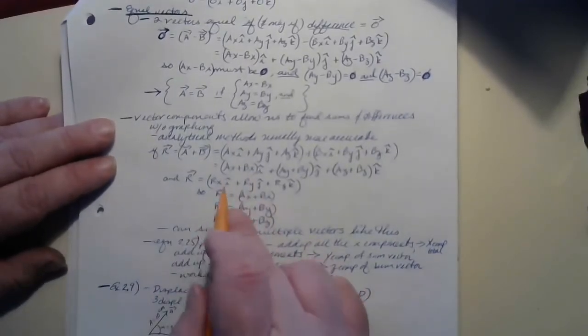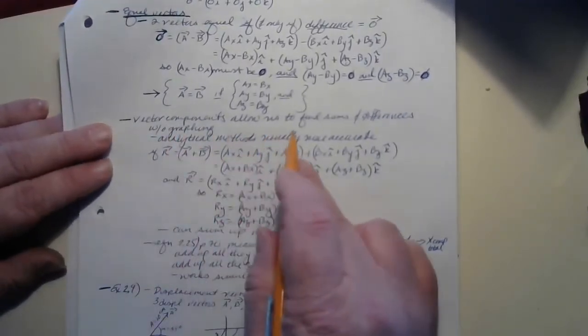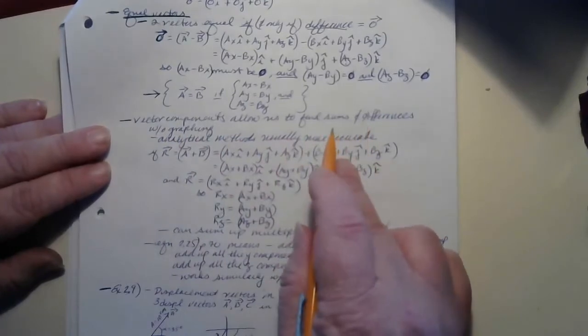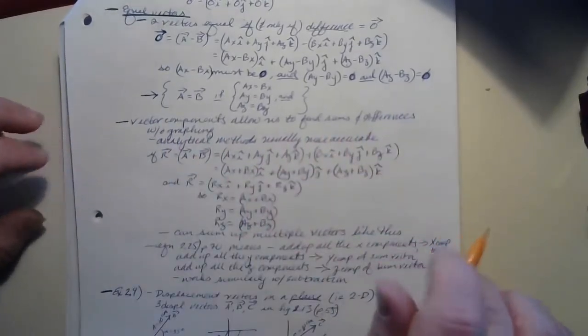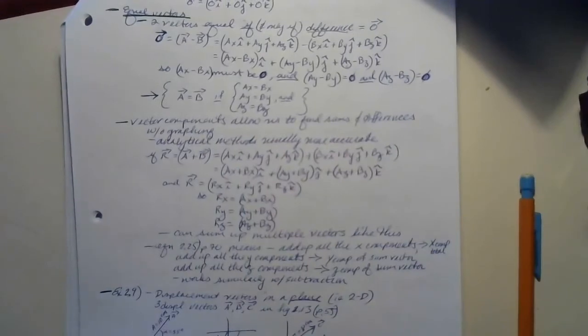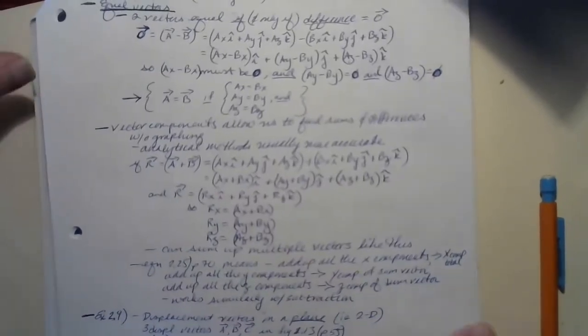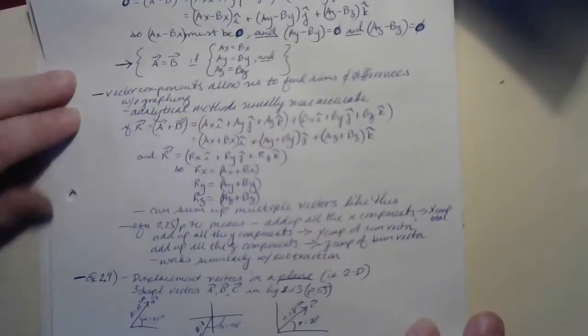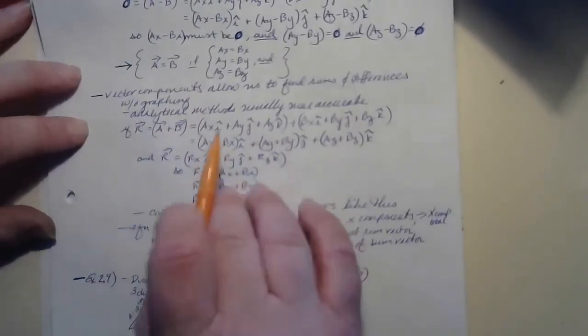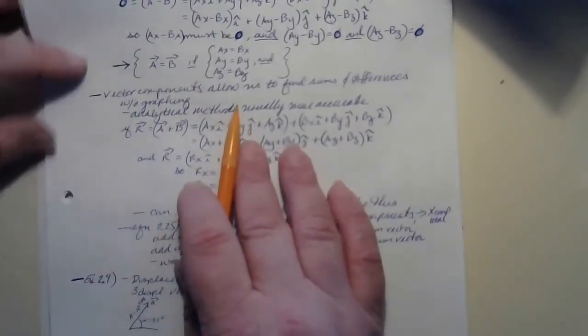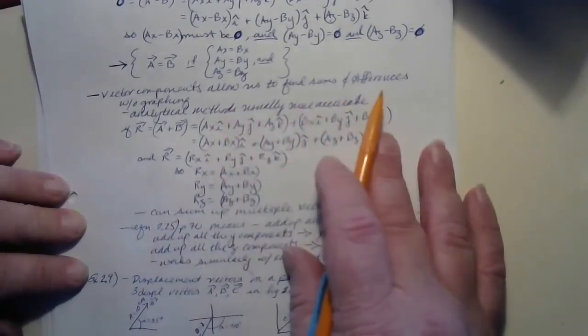Vector components allow us to find sums and differences without graphing. That is very handy because I'm going to move the camera a little closer just to try to make the writing a little bit bigger for you to see it. The fact that using vector components allows us to add and subtract vectors